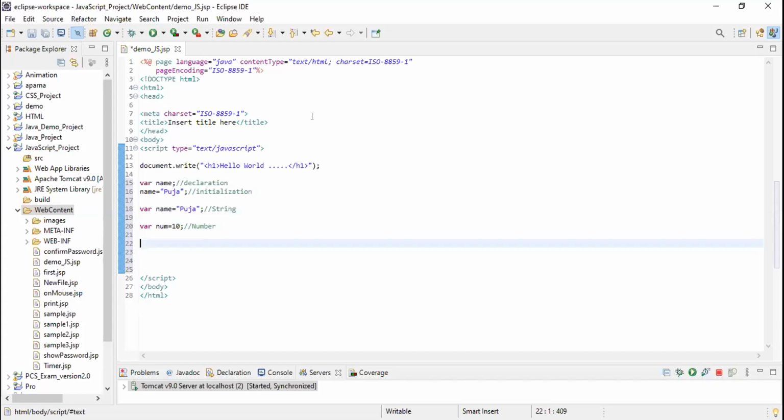Yes, ma'am. How can I print Puja? Or how can I print 10? Document dot write, in the bracket, the variable.